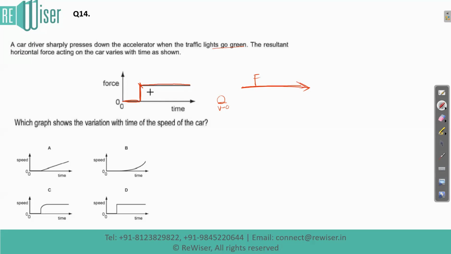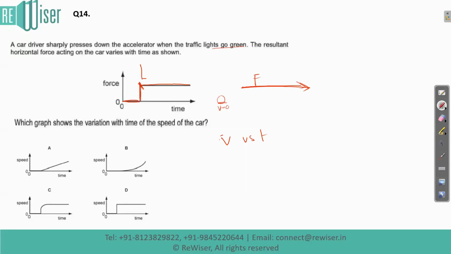The force was constant. Now, they're asking which graph shows the variation with time of the speed of the car. Basically, V versus T graph. We have to find which suits this scenario. So if I want to draw the V versus T graph, or speed versus time graph, after this point,